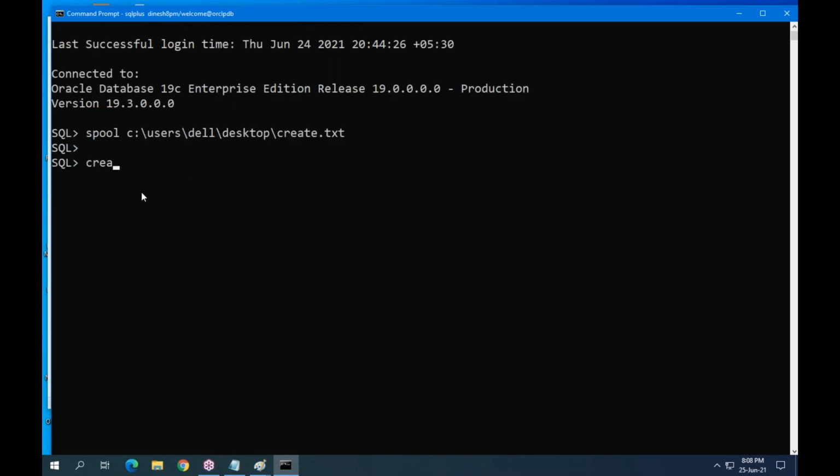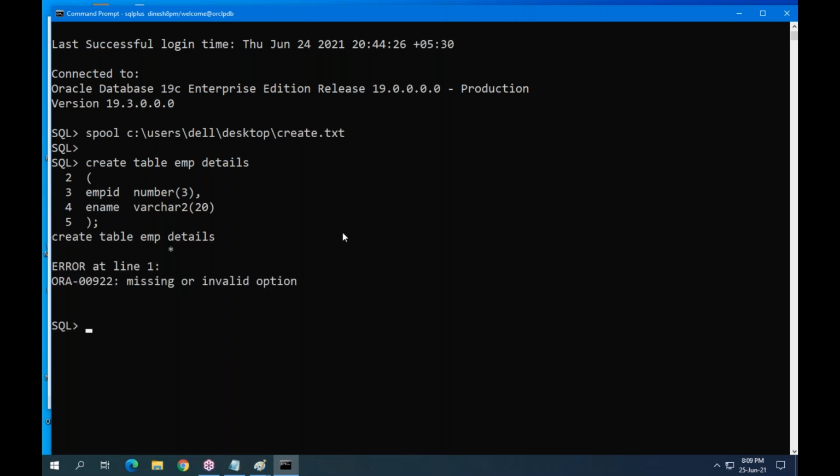Let me create a table. Create table EMP details, employee ID, it is a number 3, and employee name, this is varchar 220. It will display an error. Why is it displaying an error? There is a mistake.